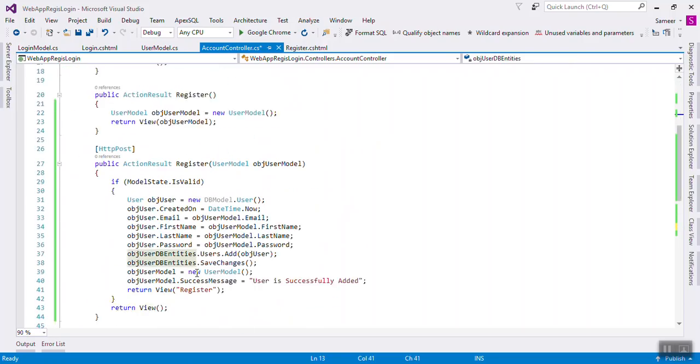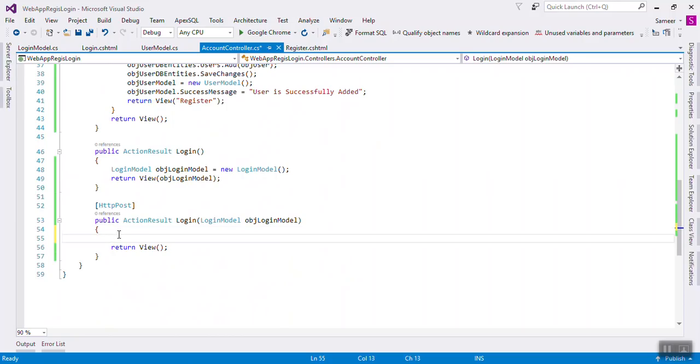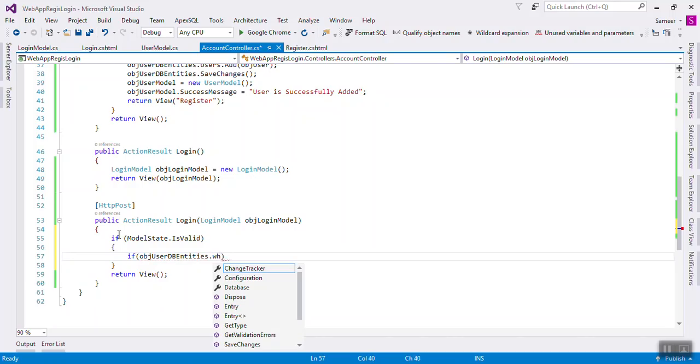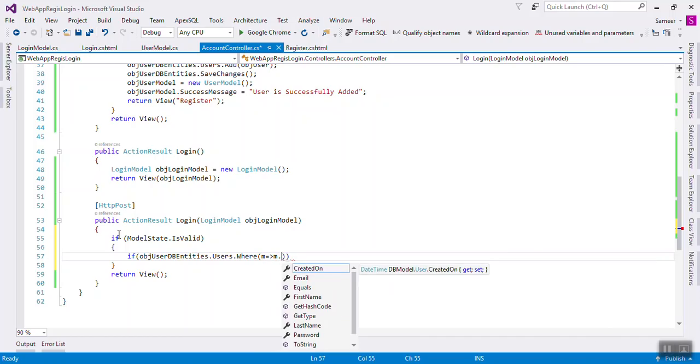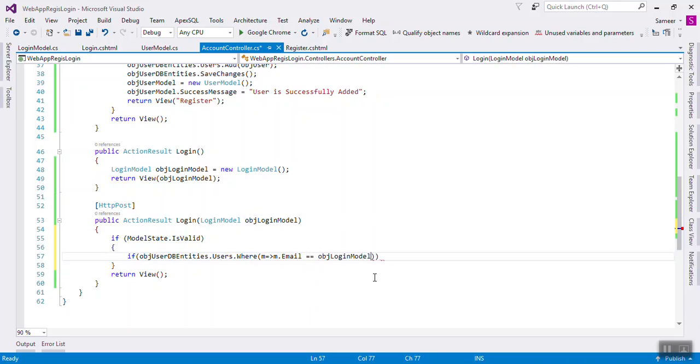That object, if model state dot is valid, then if object dot users dot where m goes to m dot email equal to object dot email and the password equal to object model dot password. If both are equal,